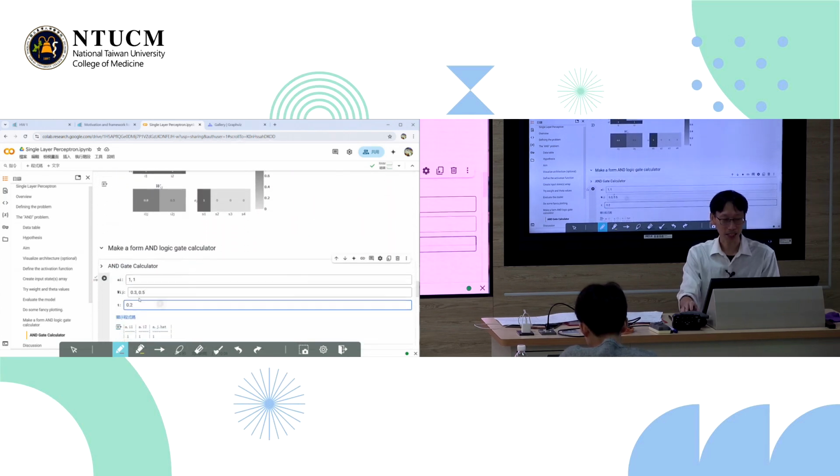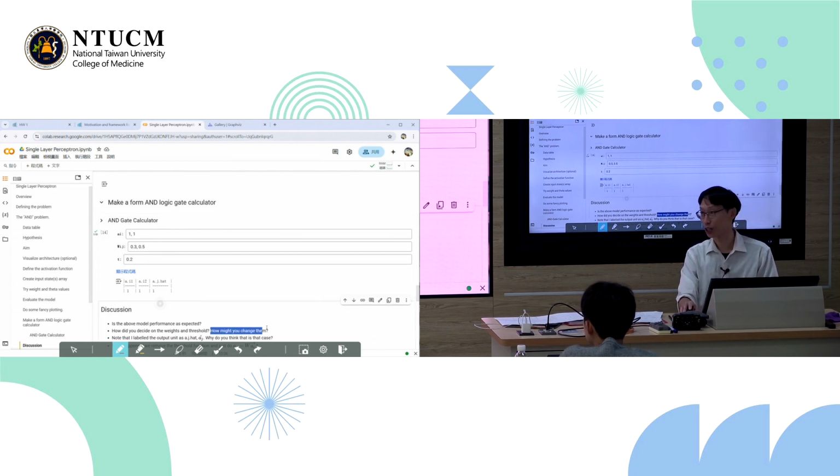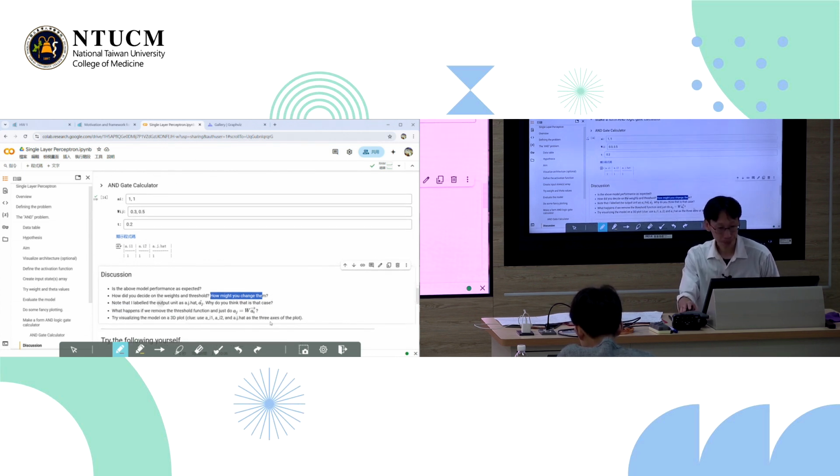You try guessing a few numbers, and you can write down the answer, and then you see what are the different sets of numbers that will work? And so this will tell you how you might change them. But this is very random and no guarantees, right? So in the next classes, lectures, we will then introduce learning rules, okay?